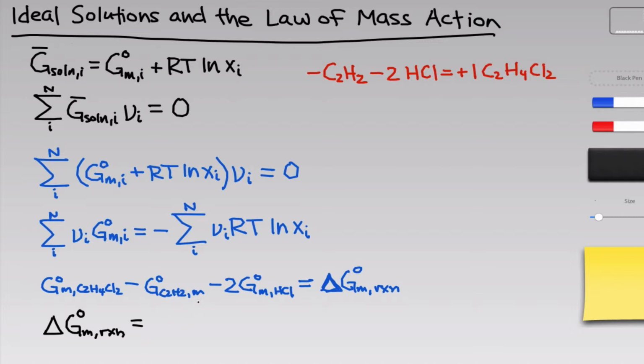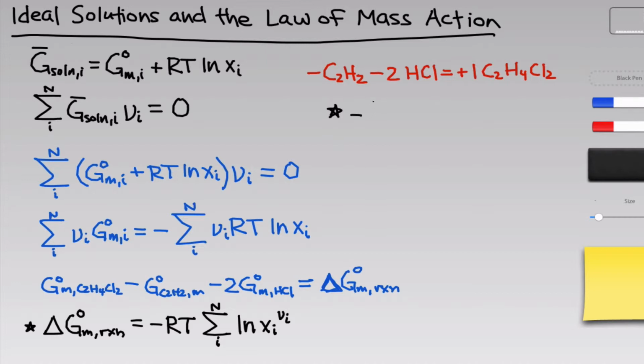What about the right-hand side? Well, RT is a constant, so let's kick it out front with the negative sign. And inside the sum, let's recognize that nu I times the natural log of xi is equal to the natural log of xi raised to the power of nu I. We've seen this before. This is just kicking a factor multiplying a logarithm inside the logarithm, which raises the argument to that power. Moving this expression kind of up and to the right, we can now just divide through by